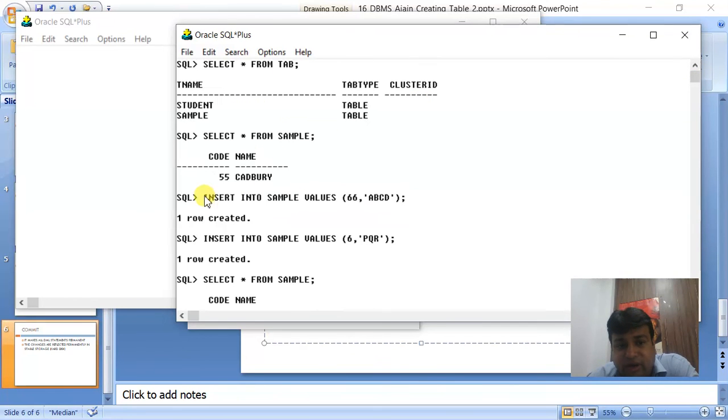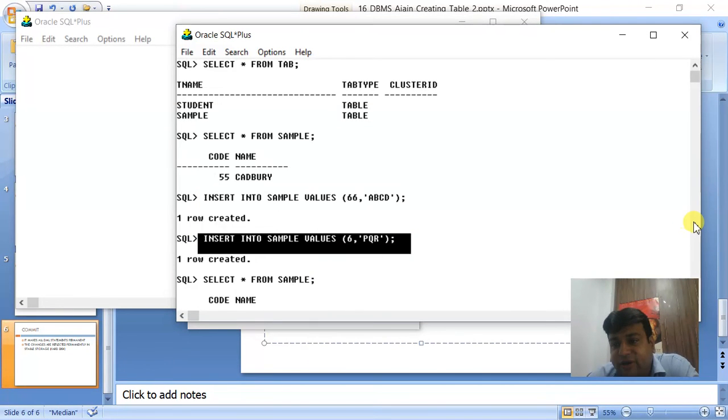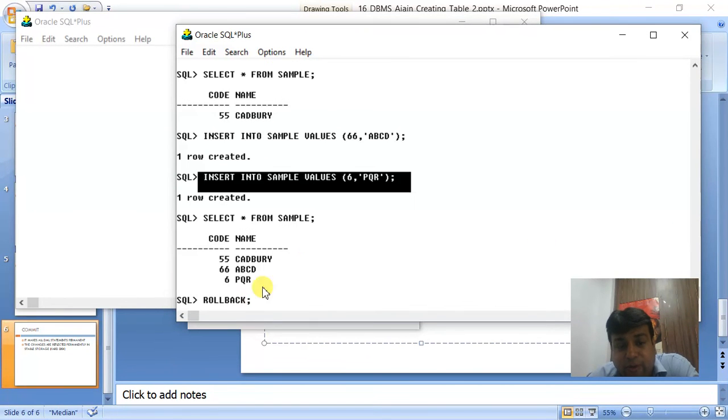After login, I have entered only two DML statements, these two. So if I roll back, all my changes done till the last commit or the last DDL will be rolled back. Since I have not done any commit or DDL after logging in, all these DML will be rolled back.